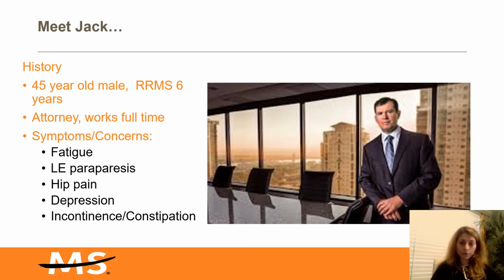So, what do we learn from Jack's story? Jack was diagnosed with multiple sclerosis at a relatively young age, 45 years of age. He was diagnosed with the most common form, the relapsing remitting form of multiple sclerosis, based on his clinical presentation, the clinical relapses that he experienced over the years, in addition to his MRIs and spinal tap. While he may not be experiencing any further relapses based on this story, it seems like he's got a lot of issues, a lot of symptoms that have been bothersome and have affected his quality of life.